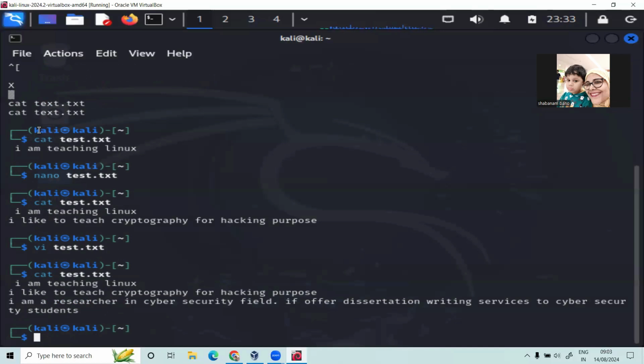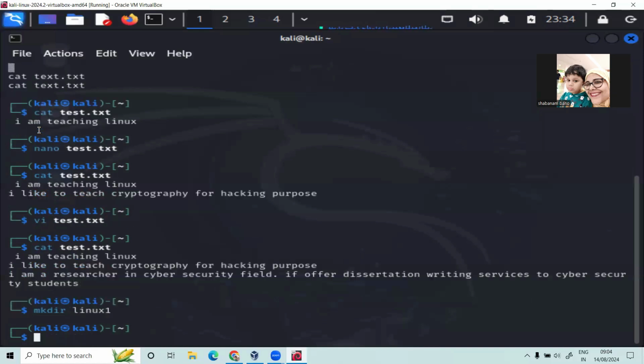Next, I want to send this file to another folder. Suppose I want to create a new directory. For that, I will use the command mkdir linux1.